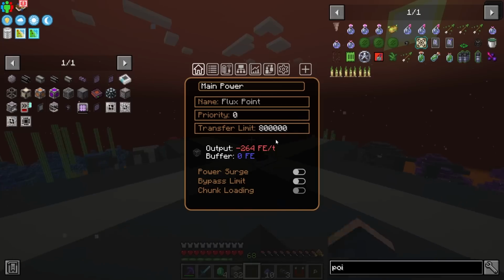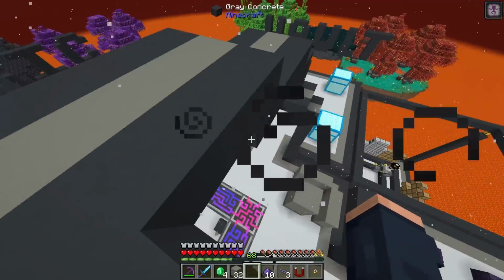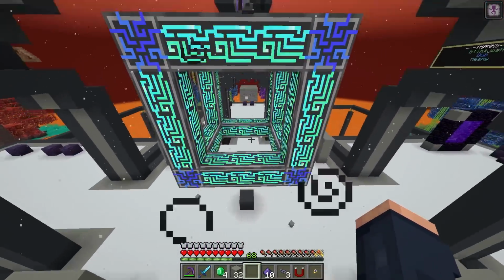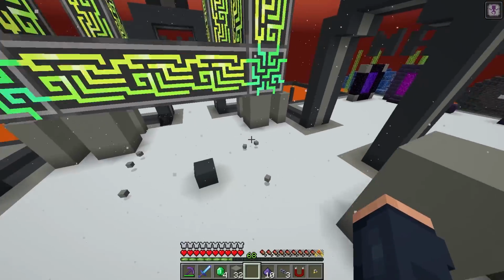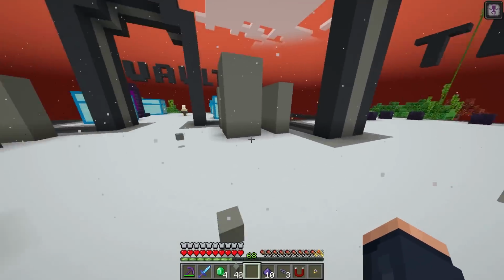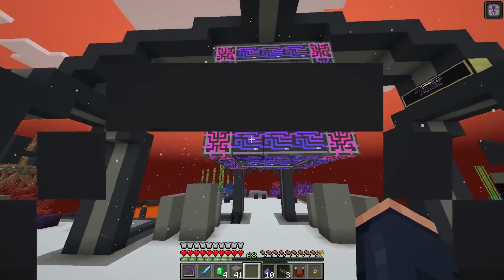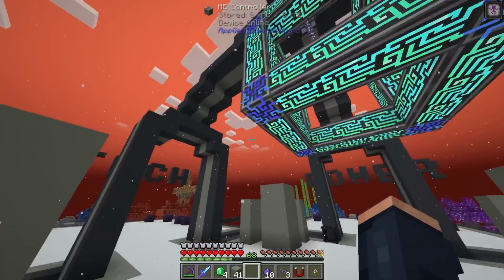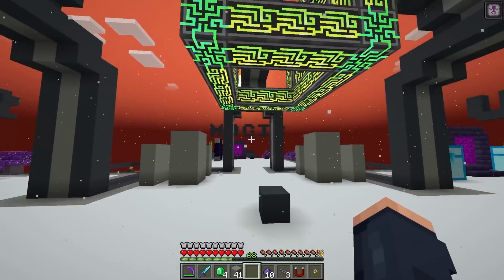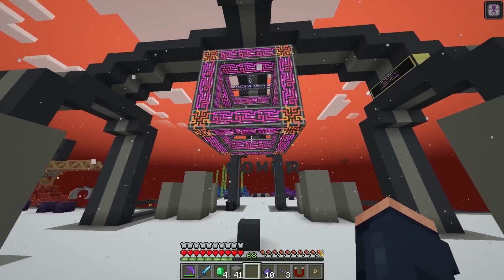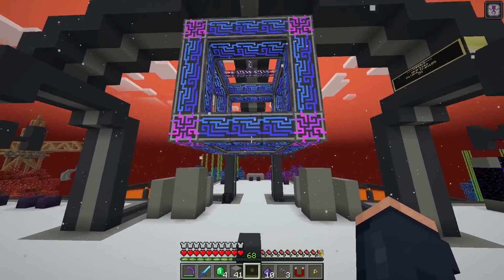That's probably what we're seeing here. We're seeing that 264. So there we go. Now time to hook things into this. And this is where cable production is really going to start to take place, because I'm going to need a lot of cables to move things around, including DINS cables. And then we're going to get our autocrafting set up, which is going to take probably the most amount of